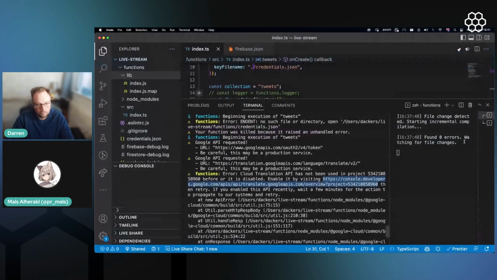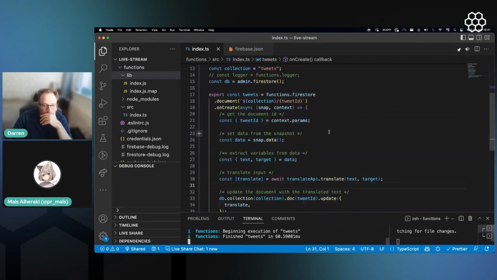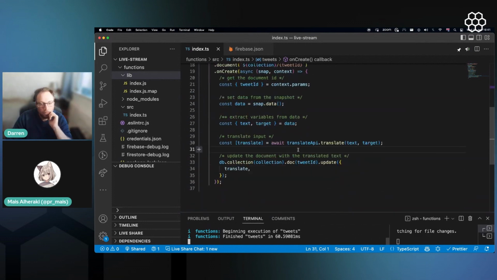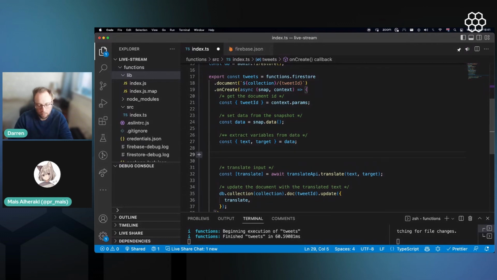So that's the very basic code. Let's make it more fancy, add more touches. So first of all, we're not handling any errors. What if there is no text or there is no target? What would happen if the data came, because it's Firestore, it's not SQL, stuff might be different than what we expect. So I suggest we create